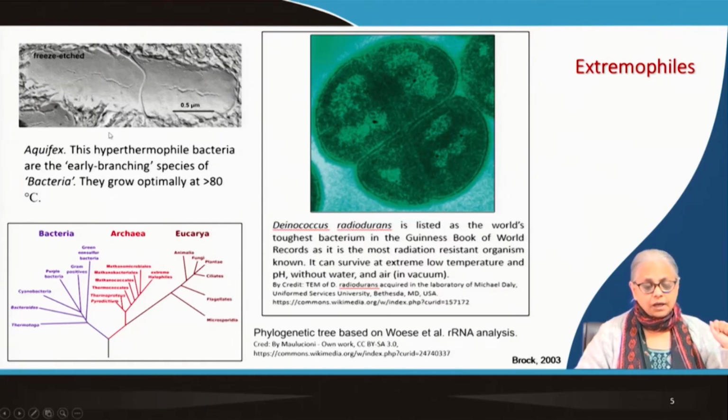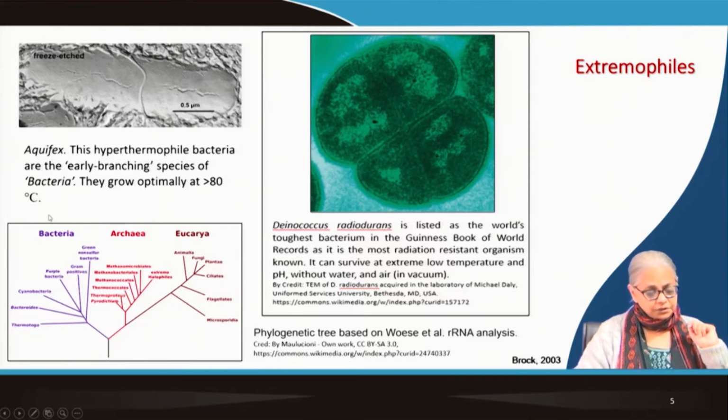So here we have hyperthermophilic bacteria. This is a SEM, a scanning electron micrograph. You can see it and you can see the size. It's a very small bacteria. This is an Aquifex bacteria, which has an optimum temperature of growth greater than 80 degrees